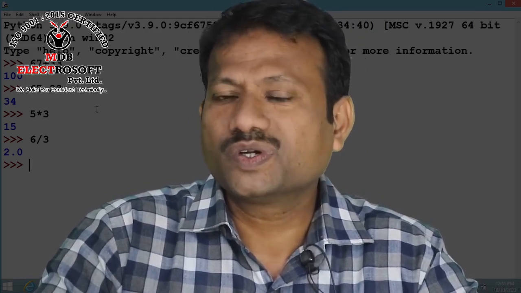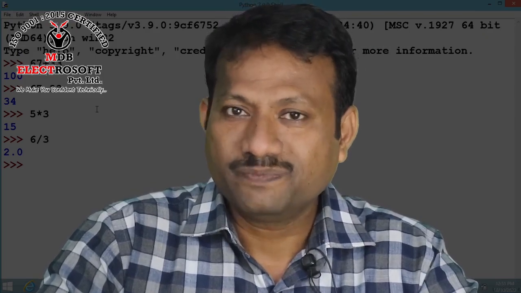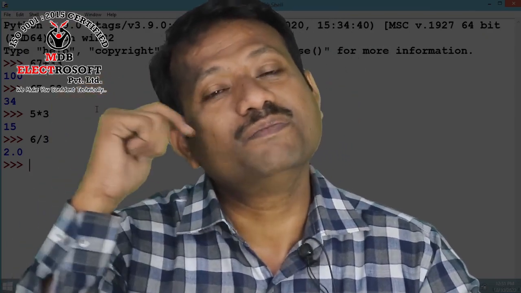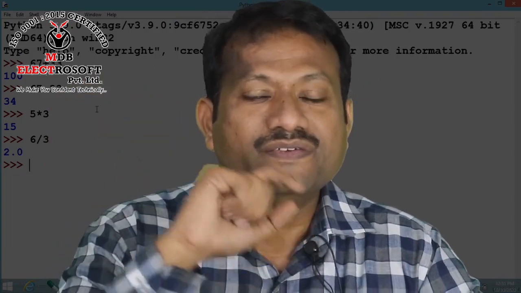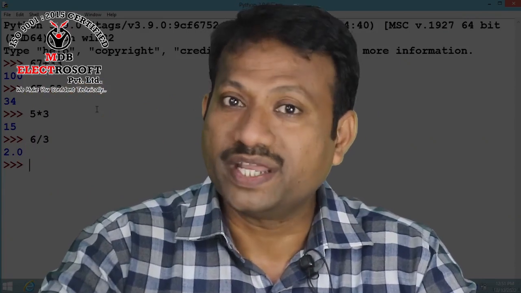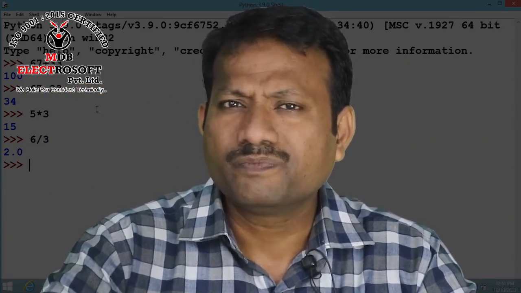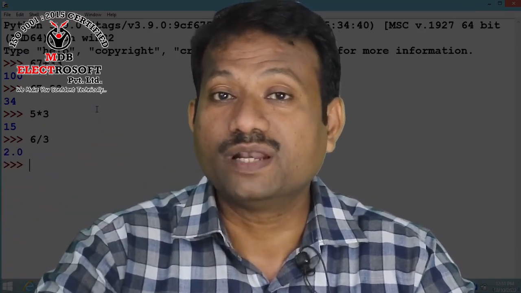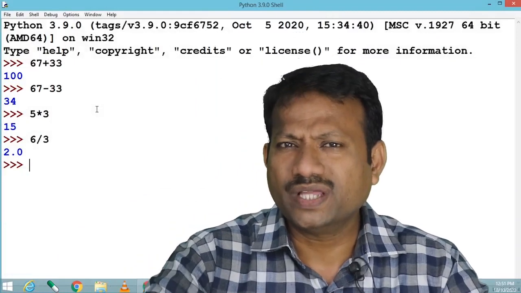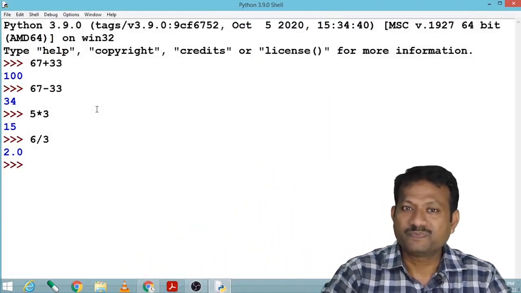So where that data is going to store? Definitely that is going to store in the memory of our system. So in particular language, that memory has given a name with the help of variable. So what is variable? It's nothing but the varying value in the memory to which the name is given with the help of variable. How to do that we are going to see here.